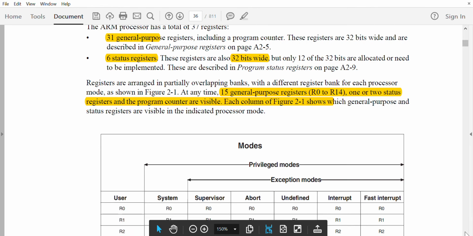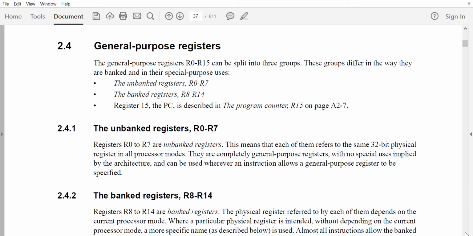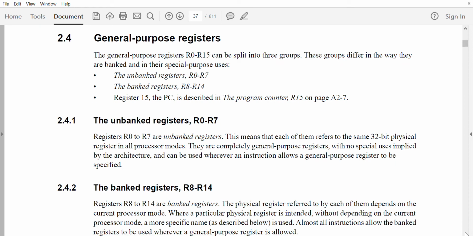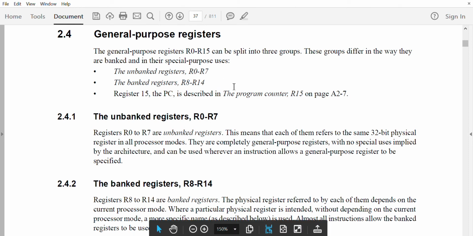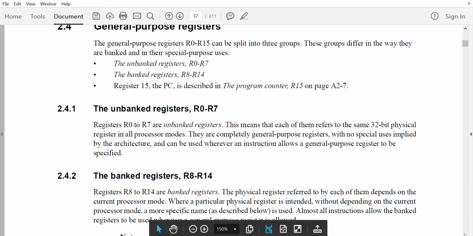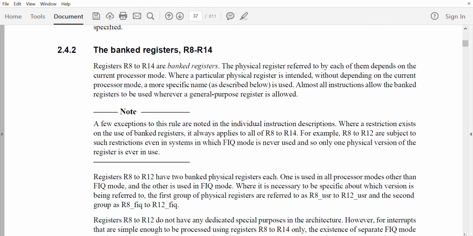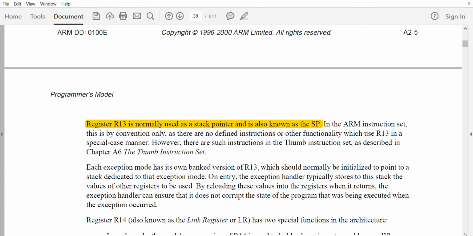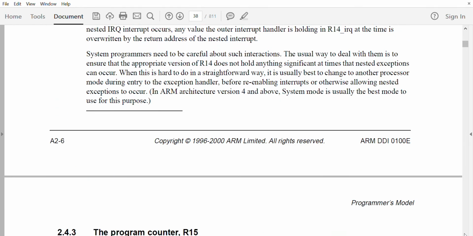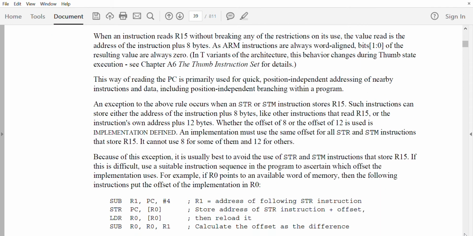And we also talked about the registers used in these modes. So R0 to R7 is unbanked, R8 to R14 is banked, R15 is PC. So these we have already talked about. R13 is normally used as the stack pointer, R15 is the program counter,